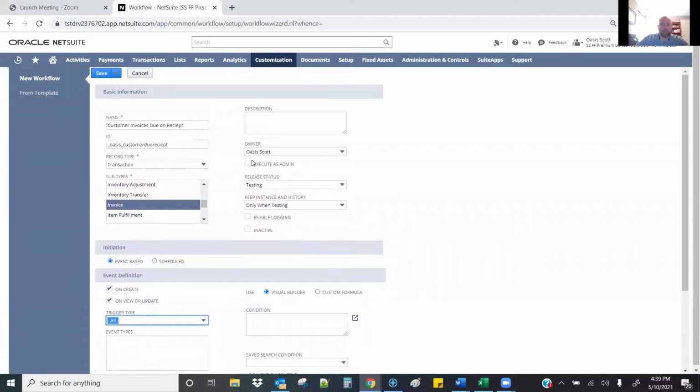And then some of the last fields up here that we're going to look at. So I want this to run on as released. However, there are release statuses. I could set it in testing. Now, if this was a more complex workflow, I might just put it in testing for now, and then